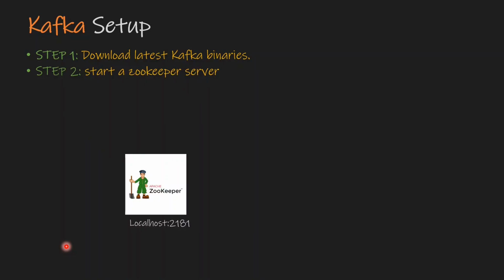Now, first let's try to understand what steps are needed for setting up Kafka. Step one is to download the Kafka binaries from the Kafka website. The binaries are the same for both Windows and Linux. After we download those, we will start a Zookeeper server on a local machine. Kafka binaries contain a Zookeeper server embedded inside them. We are going to use it, and we can also download Zookeeper separately if we want to. Once we start Zookeeper on a local machine, it runs on port 2181.